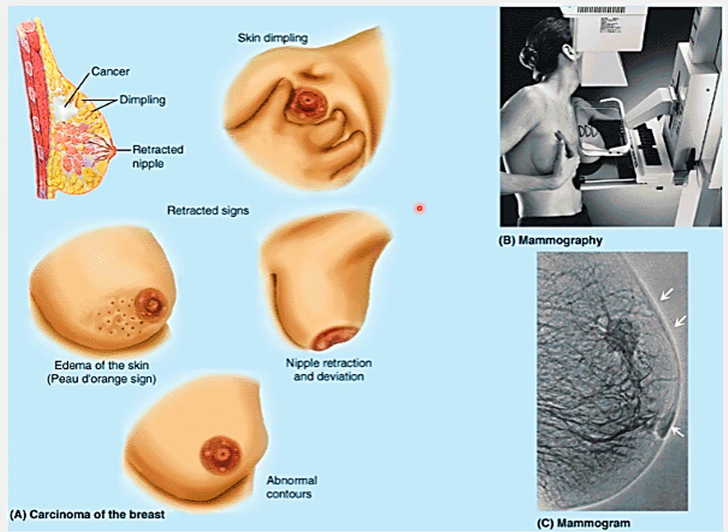So whenever there is a cancer in the breast tissue, what will happen? Skin dimpling will be present. So you can see that the skin over the breast has a depression, which is known as skin dimpling. Why does this occur? Because of the presence of cancer cells, and they also involve the suspensory ligaments of Cooper. Because of the fibrosis of the ligaments of Cooper, caused by the cancer, the dimpling occurs.